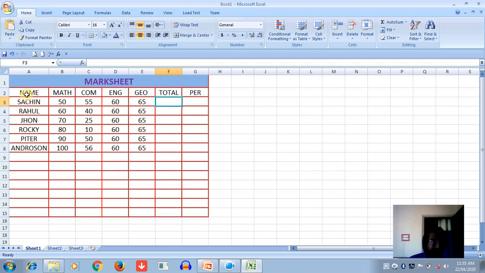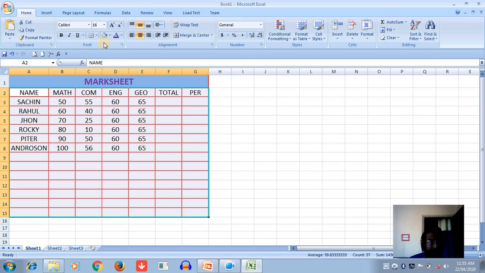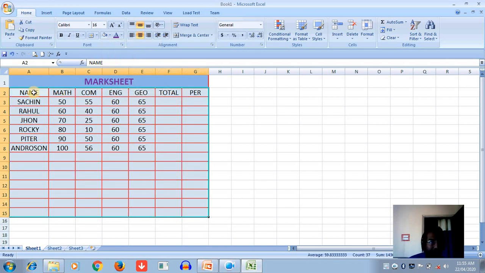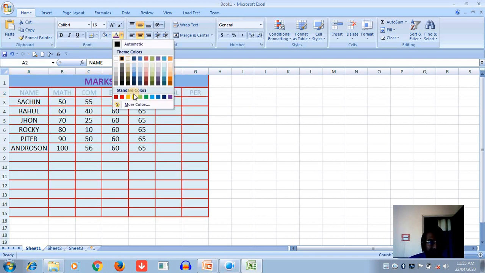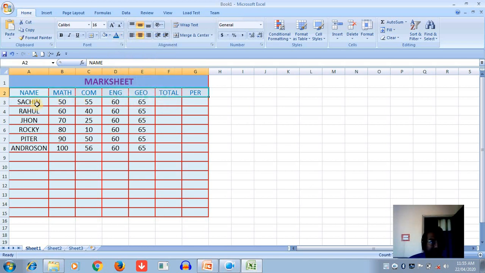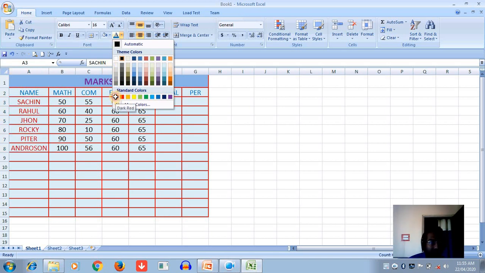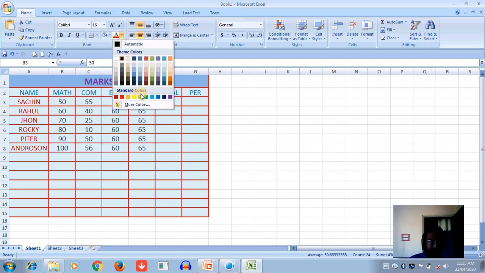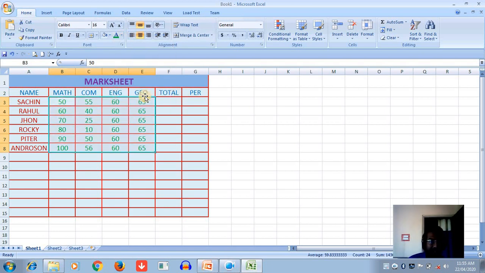The same process we are applying here: select the cells and click here on the background color, and for the heading we have to choose different colors, and these are the names of the students, so we can also apply a different color, and that is the number of the subject, so we can choose another color for the subject.